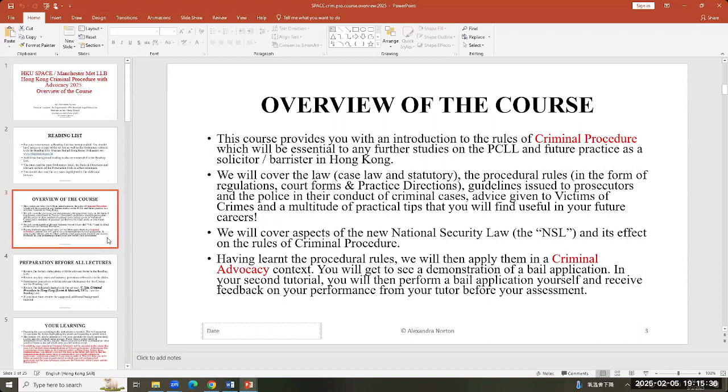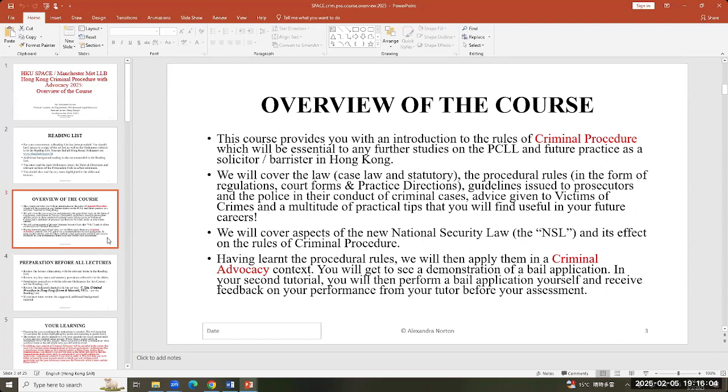We'll also, of course, look at the national security law, because that is a really important aspect these days of criminal procedure in Hong Kong. And there are many differences between the criminal procedures under the national security law and under our general criminal provisions. And once we have a good basis of the procedural rules, you're then going to apply your knowledge in the